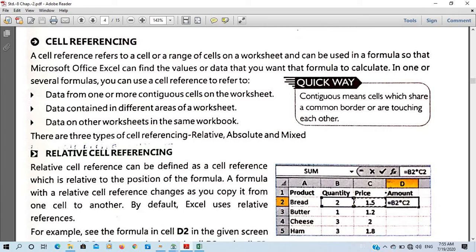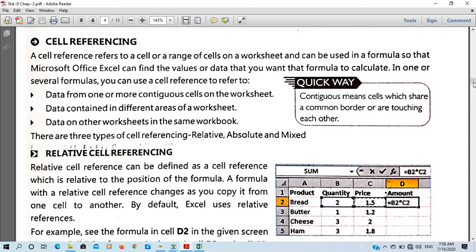Now what is cell referencing? This is the last topic that we are going to learn today. So what is cell referencing? Referencing means to refer something, means किसी को किसी के बारे में बता देना कि हाँ ये होता है. For example, someone asks you where is Sant Mary's School, then you tell them that you first go to Beldari Chak, then in Beldari Chak you can ask someone, anyone who can tell you where is Sant Mary's School. So similarly cell referencing is a similar thing.